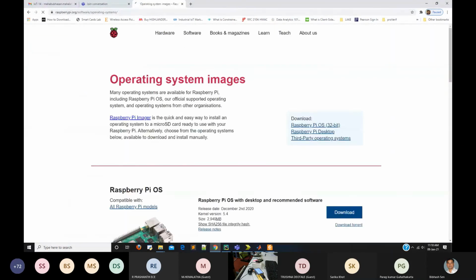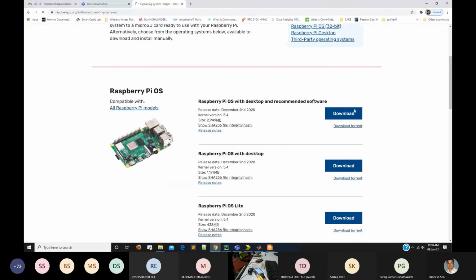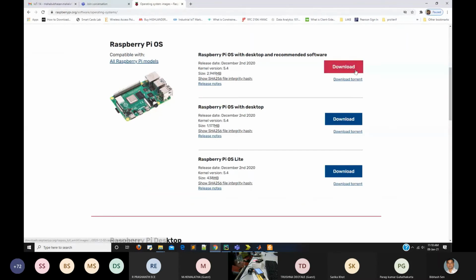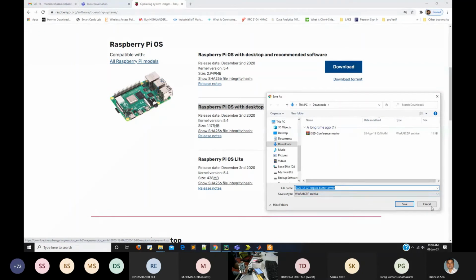From the official website, you can download the Raspberry Pi operating system. We recommend you go through that. So this is the direct download, where the downloader file will open and you can download it.